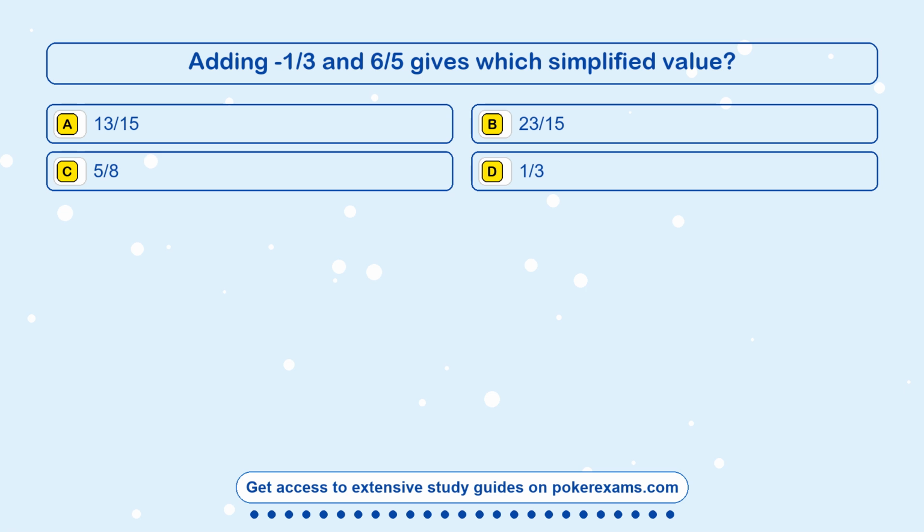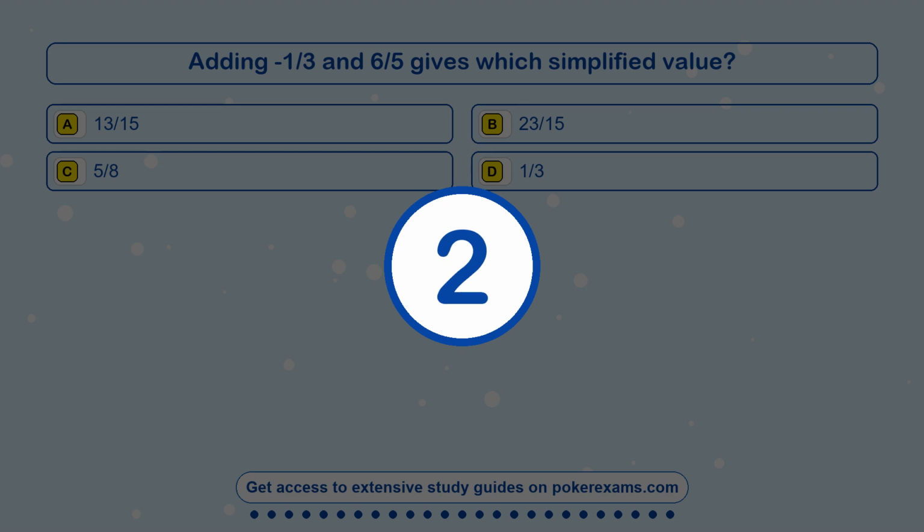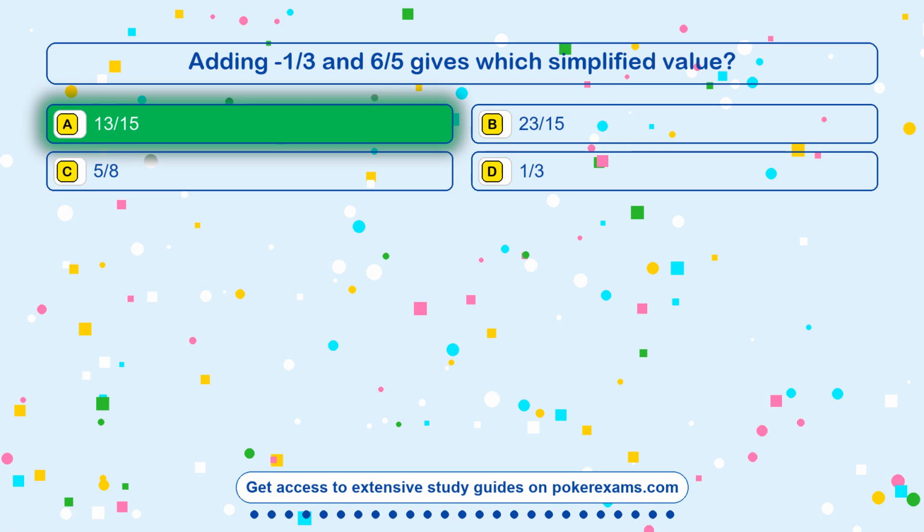Question 1. Adding minus 1/3 and 6/5 gives which simplified value? Option A 13/15. Option B 23/15. Option C 5/8. Option D 1/3. The correct answer is option A,